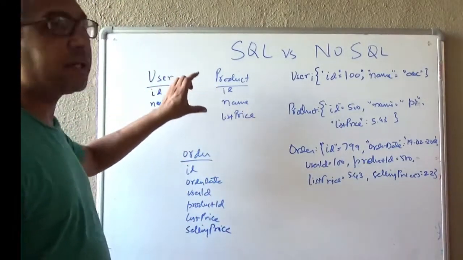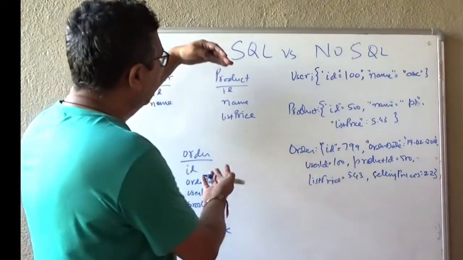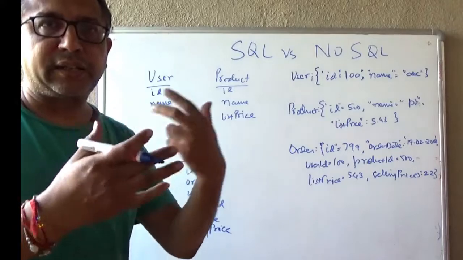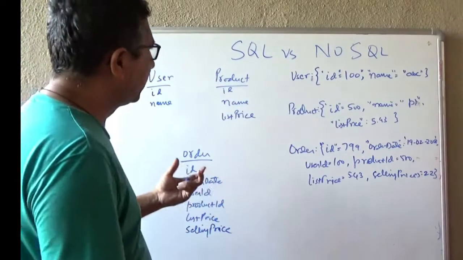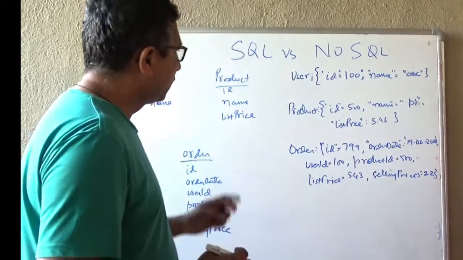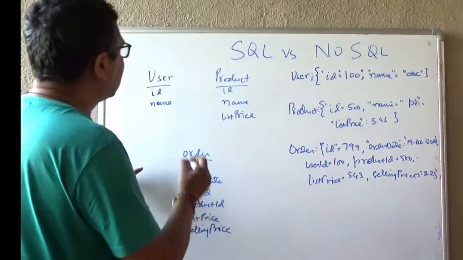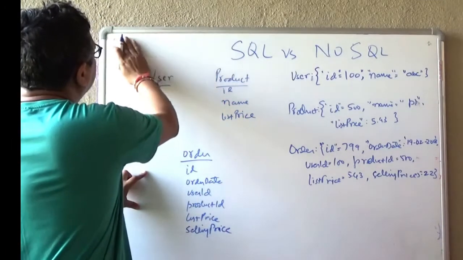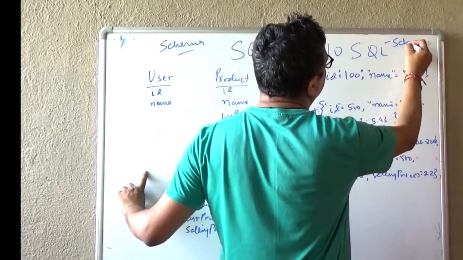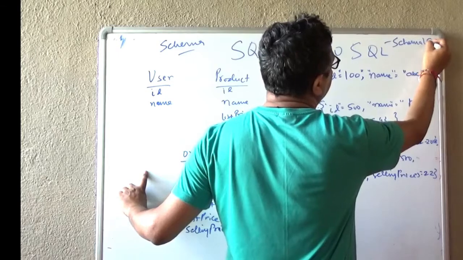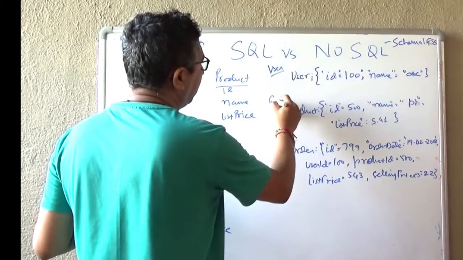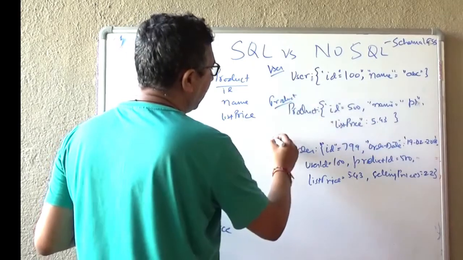One thing you would have noticed is that here I have put it in a meta definition format, like the difference between class and objects. But here I've actually put actual numbers. So that brings us to one of the most important points: SQLs have schemas and NoSQLs are schema-less. So I might have a user table here, a product table here, and an order table here,